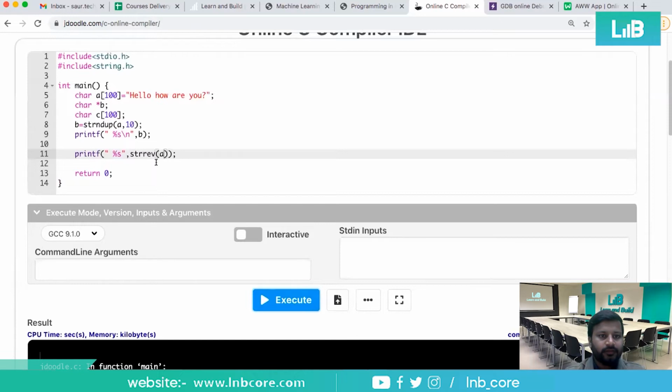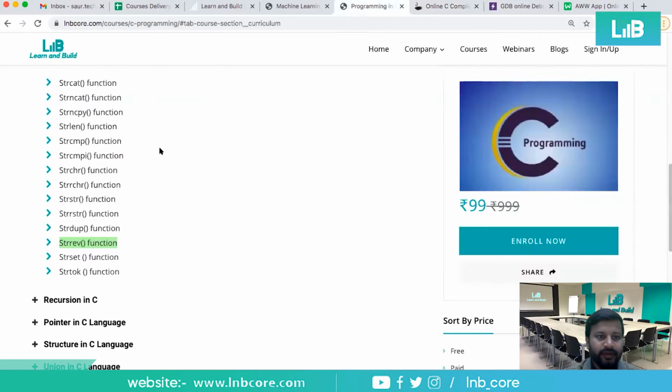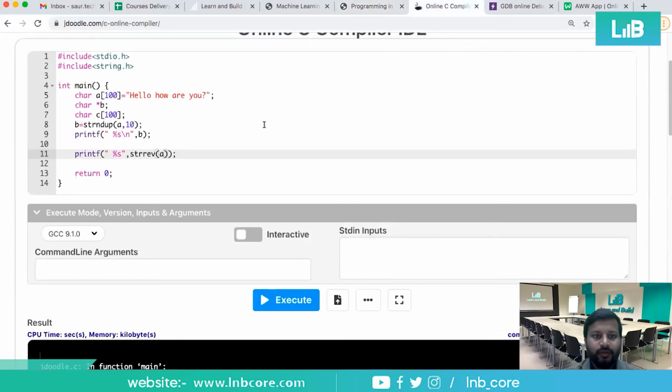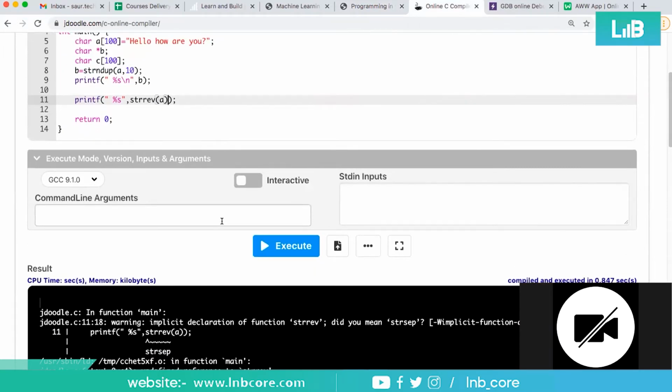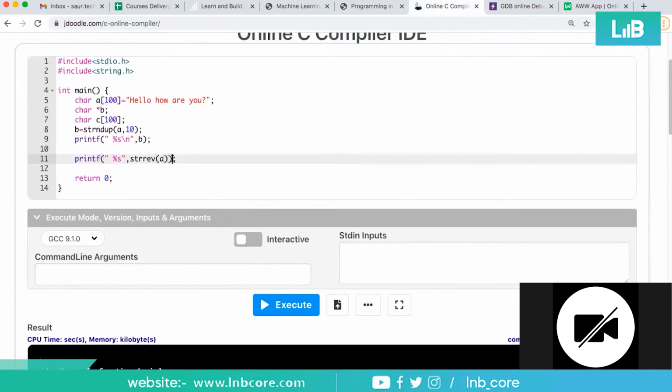Nothing like this. Okay. Okay, so let us move further for one more command. I'll check and let you know on which compiler, on which editor it will work. Yes, yes. Sir, in the 11th line, in strrev brackets, try char asterisk a once.